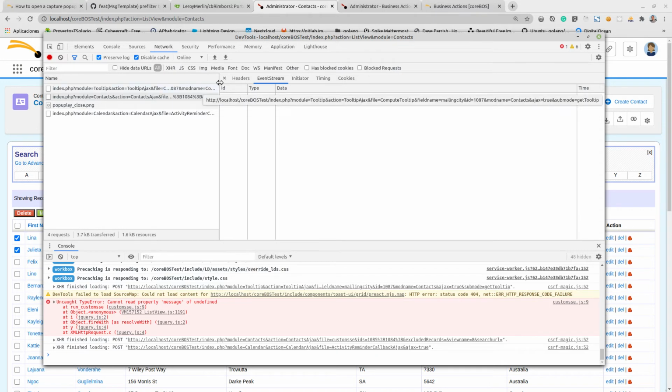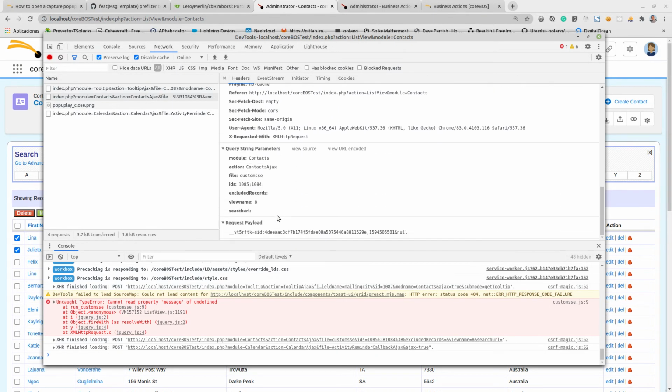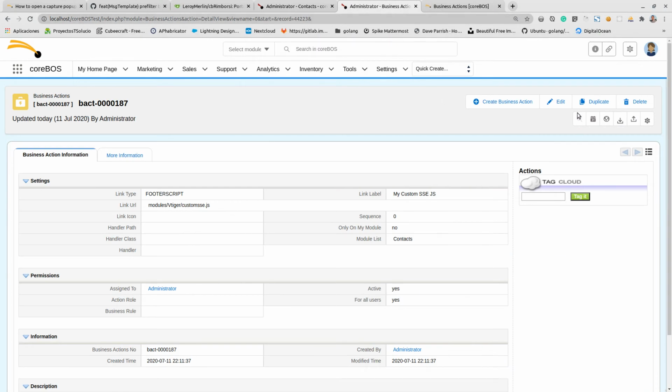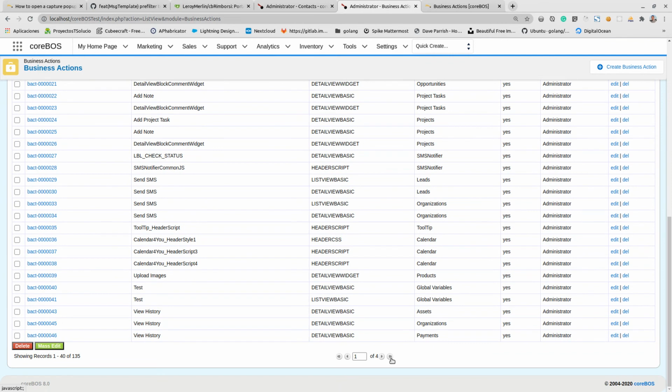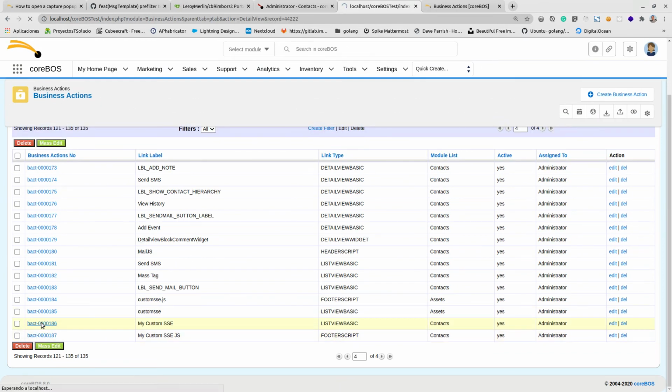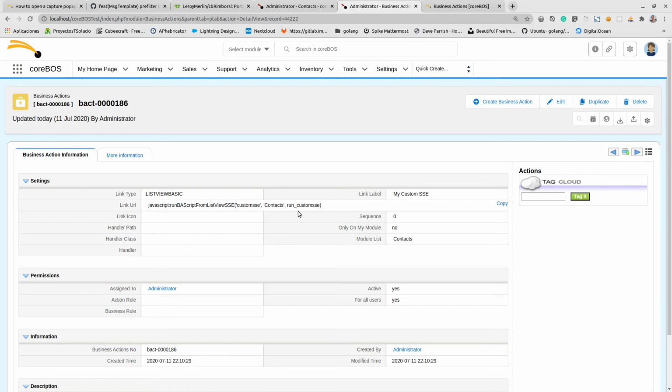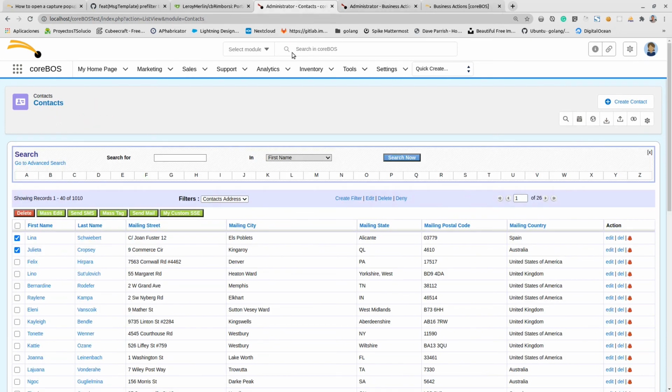And for some reason that didn't work. I called here, what did it call here? Context custom SSE. It gave me the IDs. That is looking pretty good. Okay, let's see what I did wrong here, because it has to be wrong on the business action. My custom SSE. Custom SSE. Okay, I'll have a look and see what's going on there,